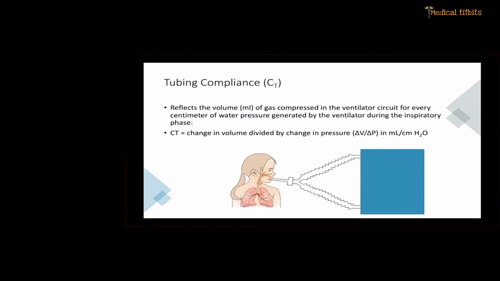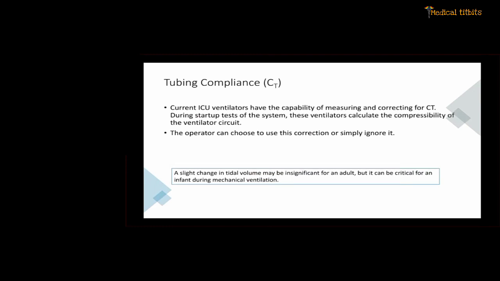So what is the implication? When the machine tries to push the gas into the respiratory system through the endotracheal tube and other devices, the circuit also tries to expand and accommodate a little bit of volume. So that is the problem with the breathing circuit compliance. But luckily for us, the current ICU ventilators have the capability of measuring and correcting for tube compliance. So during startup tests of the system, these ventilators calculate the compressibility of the ventilator circuits, and the operator can choose to use this correction or simply ignore it